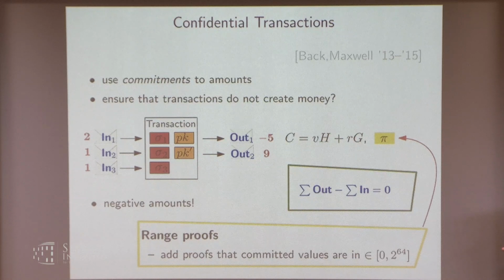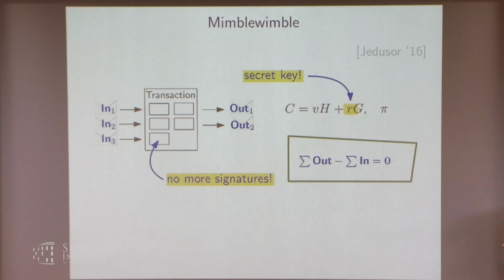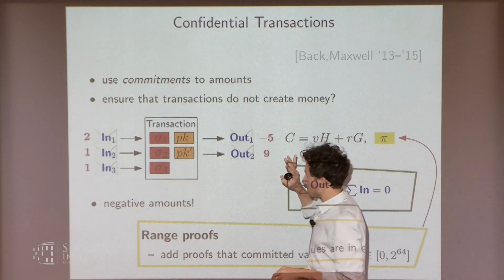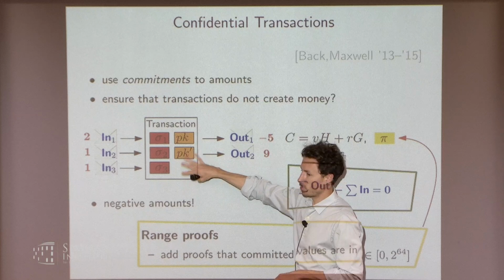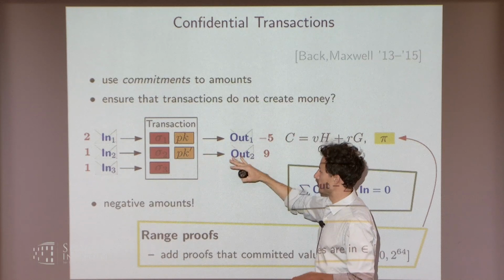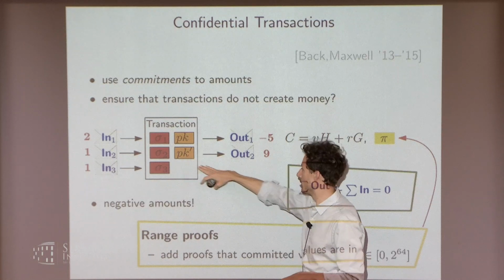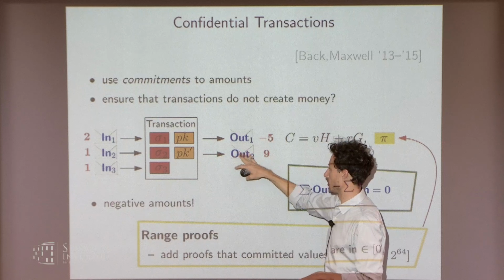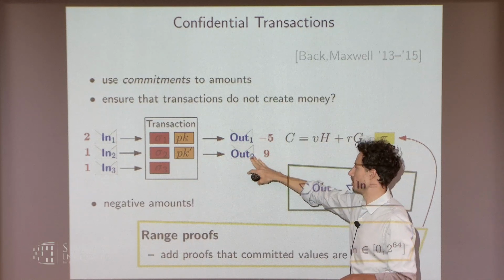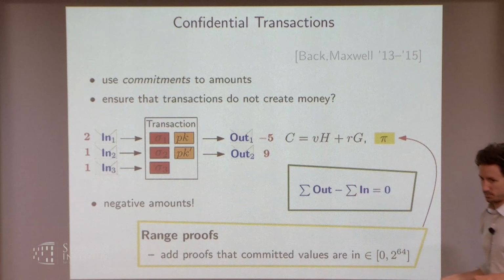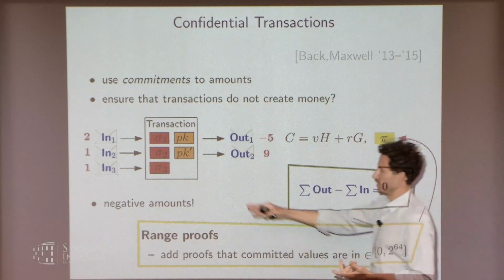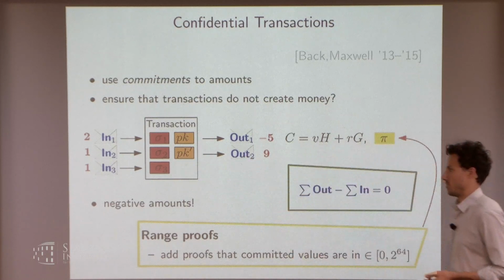overflow problems. So here's what Mimblewimble does, and if you look at it first, then I guess you don't believe that this can be secure. If you use confidential transactions on top of a Bitcoin-like system, then in order to spend the coin, you need to know the secret key that goes with the public key, so you can make the signature, and you need to know the opening, so the randomness of this commitment, so you can then create a balanced transaction. Okay, so there's two pieces of information now, where one is for authenticity, and one is basically for privacy.